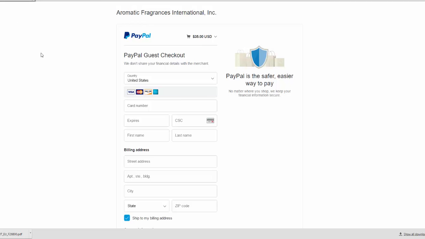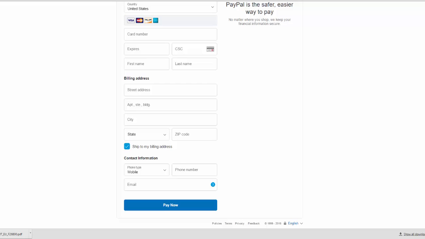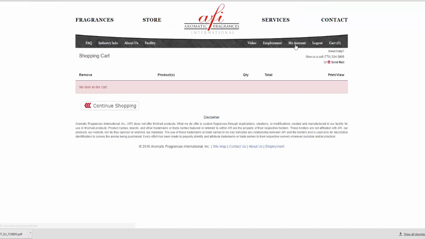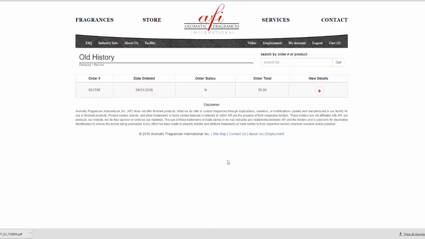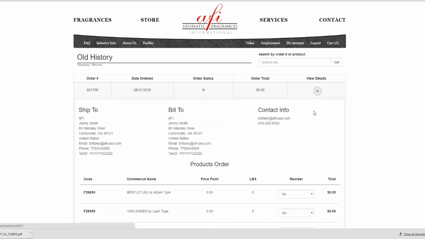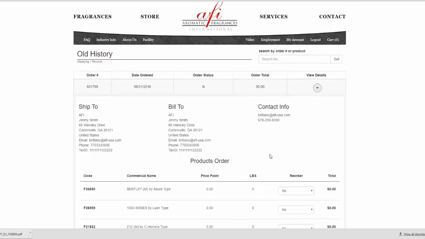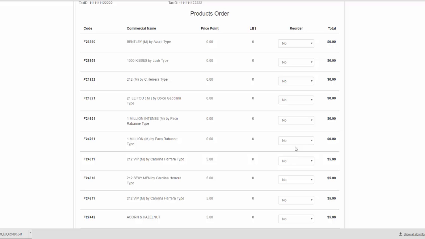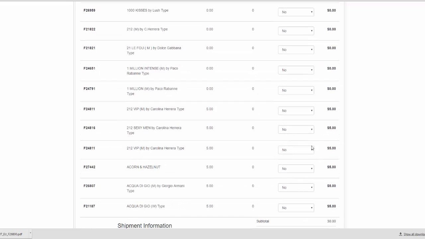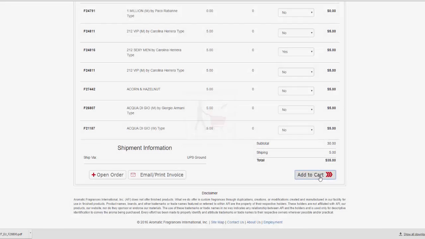Now what I want to do is show you how to go to my account, go to your order history, and this will populate your order as it was processed. So this is all of the 1 ounces that were sent. And now at this point, if you'd like to order one of those because you've gotten the sample, it's been a couple of days, you've smelled it, you've liked it, you can go into this order history screen, click on that item, click yes, add to cart,